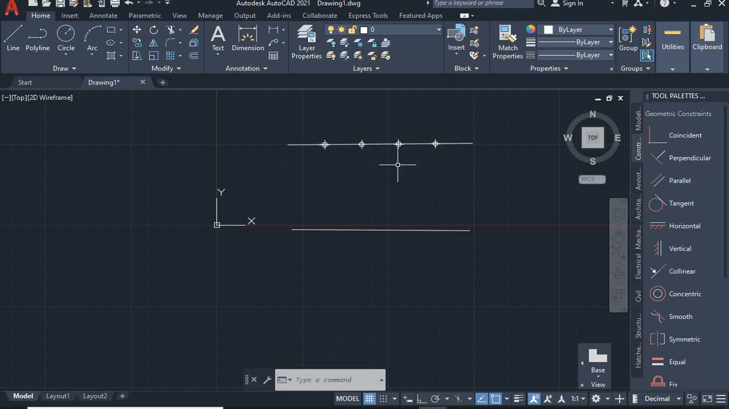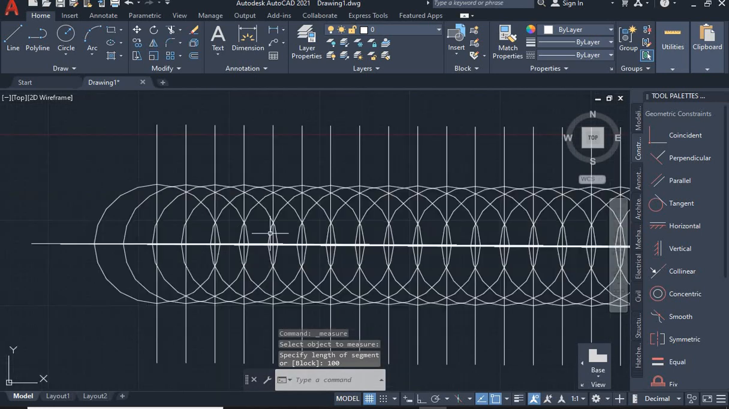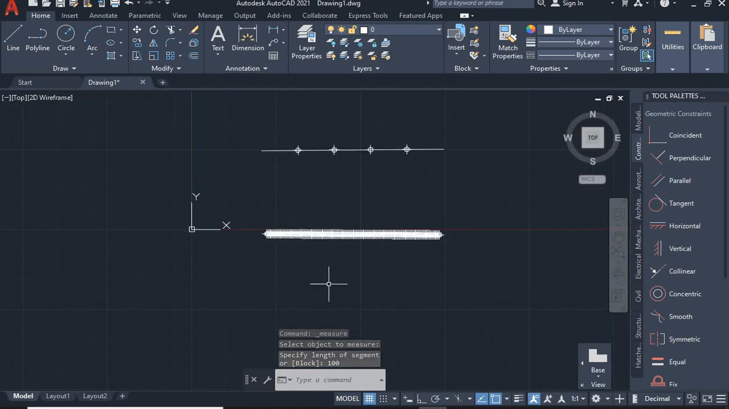So this is first kind of division. And next kind of division is specifying the length. Again, select this and I'm gonna specify some length of 100. So for 100, it is a very small division here compared